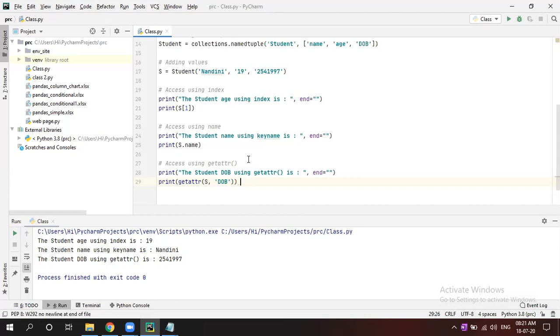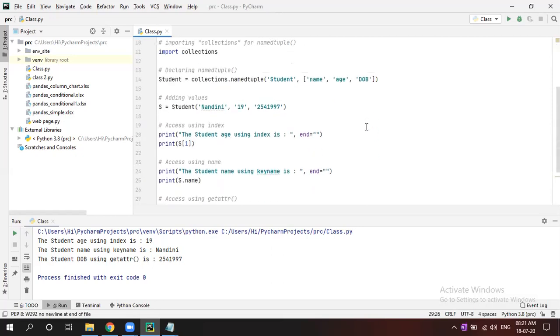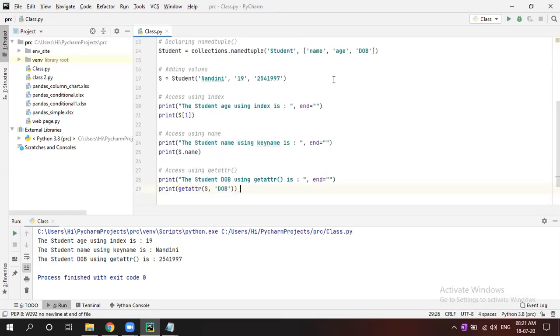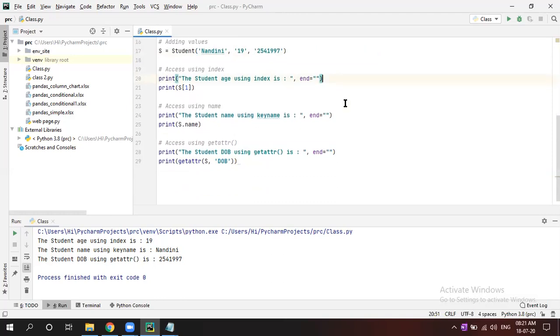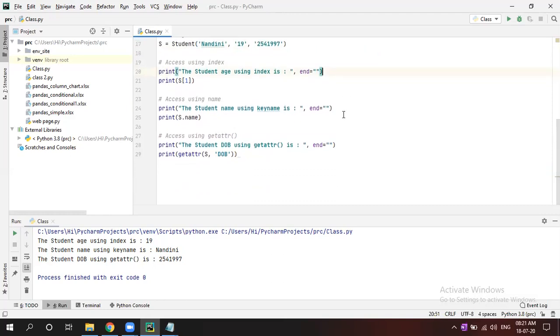So first you have to write import collection, then define collection dot namedtuple, then add the values. After adding, you can access the values using any of these three. Is it clear? Yes, sir.